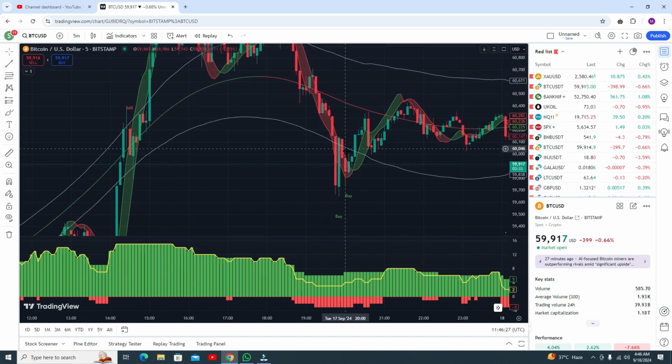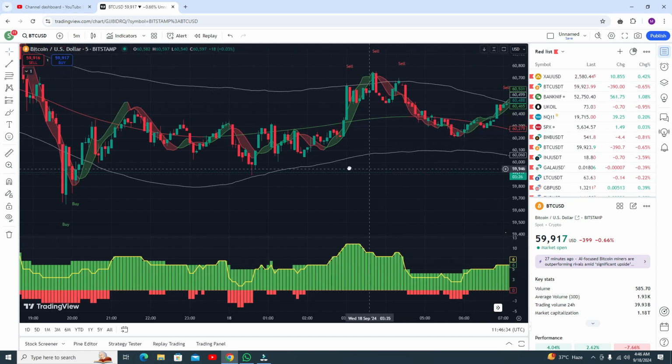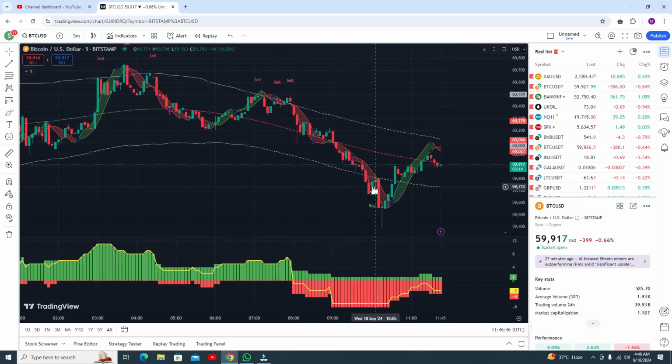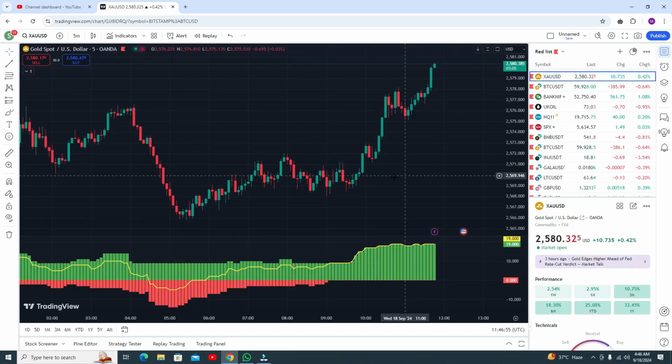Now you need to go for a buy trade again. Okay, and hopefully it will give the profit. Yes, it gives you the profit. Now if we move further, here you can see from this candle you can go for the buy entry at this point. So this is perfectly selected. Your take profit is almost done. So you can see this is a very profitable system, or indicators, sorry.